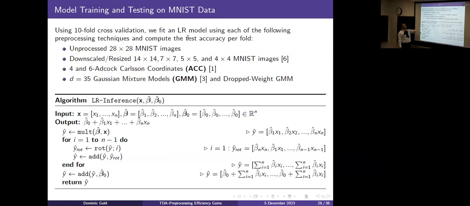And we chose 35 because there was a study done comparing featureization techniques on the MNIST data set. MNIST was one such data set, and that was their default parameter. But there is one that we made here called the drop weight GMM, which will be the next slide. That one is interesting because we realized that a lot of these features actually mean nothing, and so we dropped them because they were so low weight. As a reminder, here's the logistic regression inference circuit, and we ran this circuit on each of these techniques after training the models.